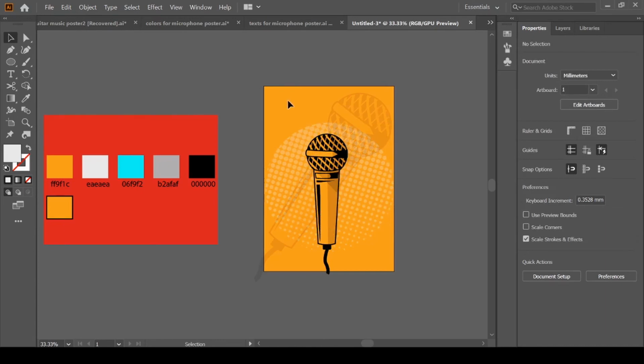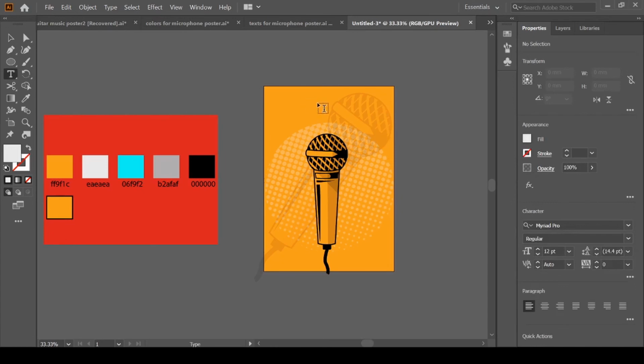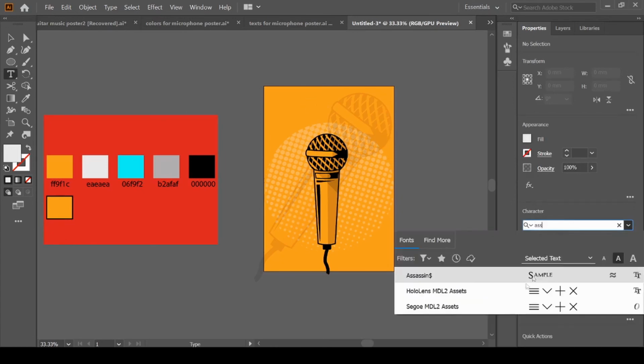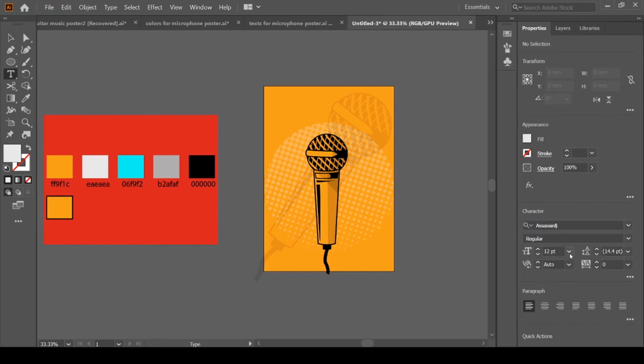Now it's time to add some text. So grab the text tool, T for text tool. You will choose the font Assassin and size to maybe 93, and we will change the spacing to 100. Just click on your caps lock button. You will write music festival, so M. Now click off your caps lock button, USIC, music.